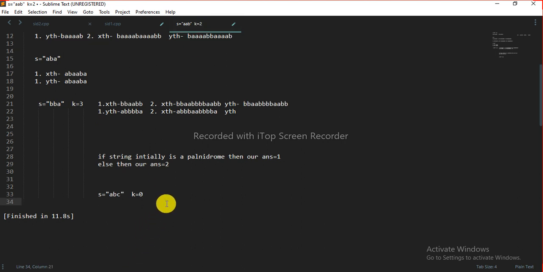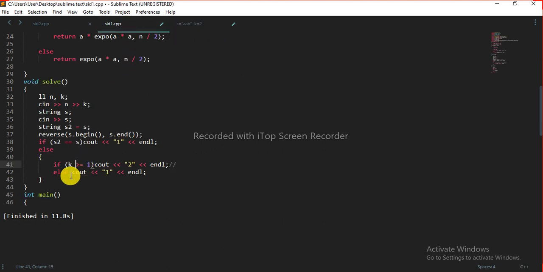Why? Because we can perform 0 operations on this string, so we will get only one string, which is the initial string. So if k is less than 1, we have to print 1. Else if k is greater than or equal to 1, then we can perform one operation. After performing one operation, the string will become a palindrome, and after that the maximum different strings we can get are two, so we are printing 2 here.